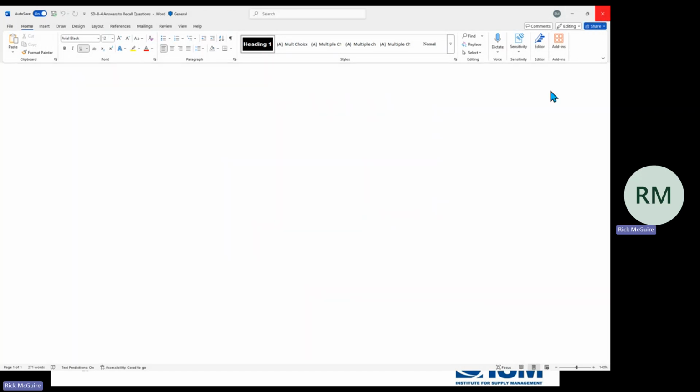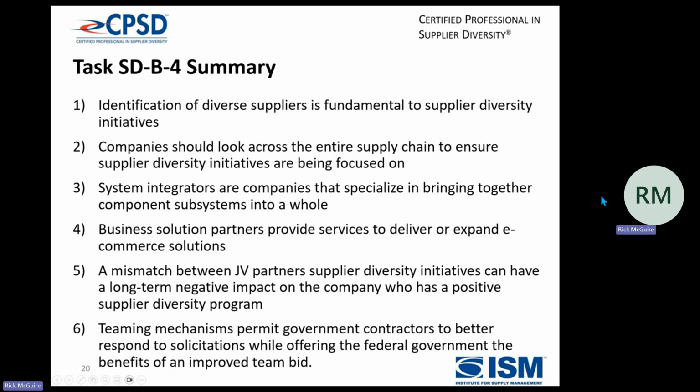All right. Summary. Identification of diverse suppliers is fundamental to supplier diversity initiatives. Companies should look across the entire supply chain to ensure supplier diversity initiatives are being focused on. System integrators are companies that specialize in bringing together component subsystems into a whole. Business solution partners provide services to deliver or expand e-commerce solutions. And a mismatch between a joint venture partner's supplier diversity initiatives can have a long-term negative effect on the company who has a